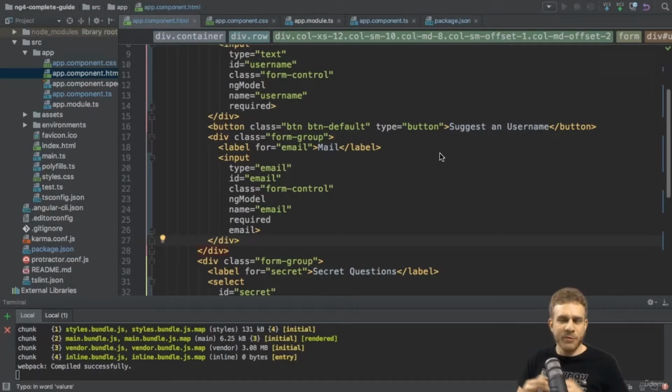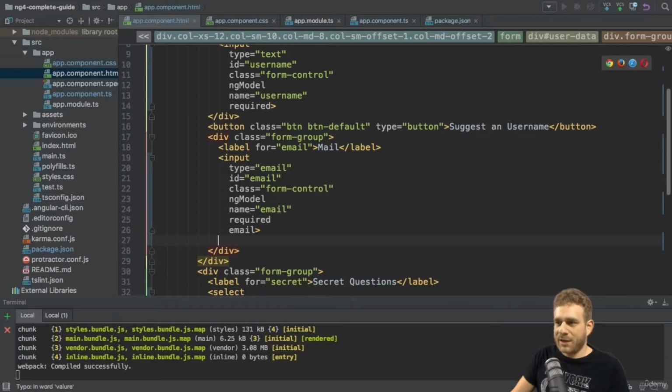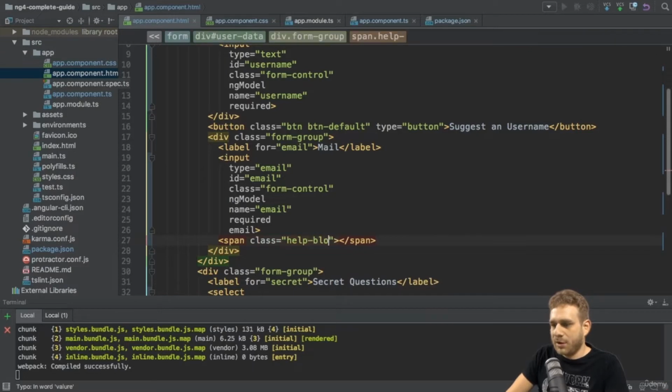In the last lecture, we improved the user experience by taking advantage of the form state handled by Angular. Now let's improve this even more, and let's say we want to output some help text below this input to assist if there is an invalid value in there. Now we can use a Bootstrap class here, help-block, to make sure that this has the appropriate styling, and then we could say please enter a valid email. We only want to show this if an invalid value has been entered into the control associated with this